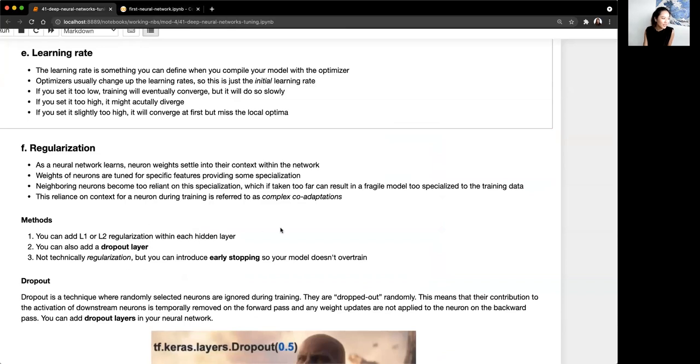So first, you can actually add... let me give more context on regularization. As a neural network learns, neuron weights start to settle into their context within the network. This is actually really interesting. If you were to go under the hood of a neural network, especially with more complex problems like images or deep text data, you'll start to see patterns of, okay, this group of neurons is learning to